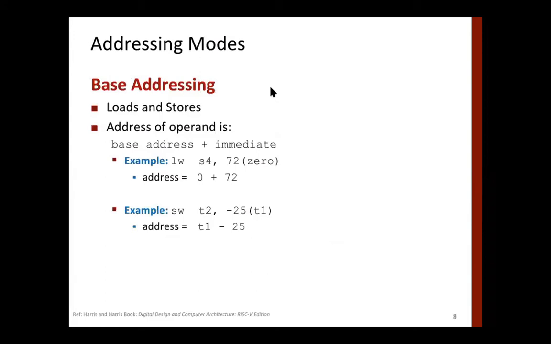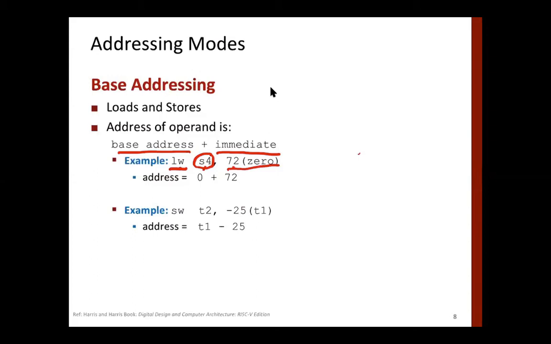And then we have base addressing. We take a base address and then an immediate field, right? So it's like this: LW is load word, where loading means that we are bringing something from memory to register. This is the destination register, S4, and then the immediate field is this 72. Look at the contents of register 0, add to those contents the value 72. It means 0 plus 72, so the memory address is 72.